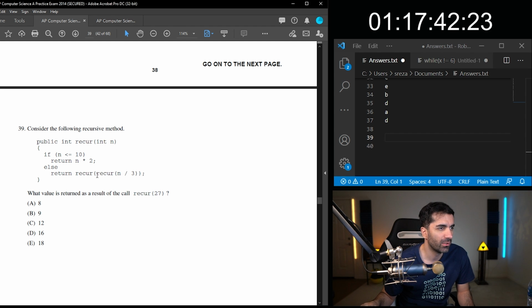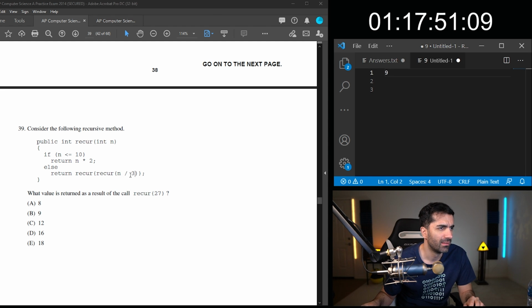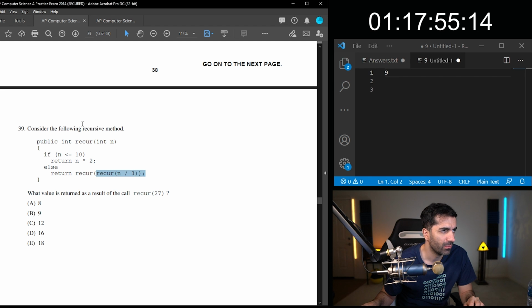So if it's 27, it would go in here, and this would be a 9, right? It would go into here again, hit the base case, and return 18.